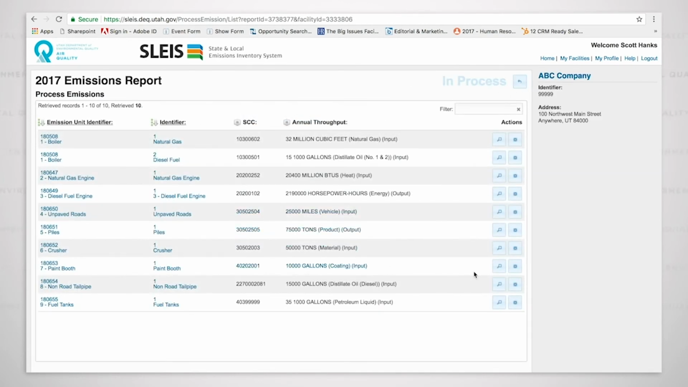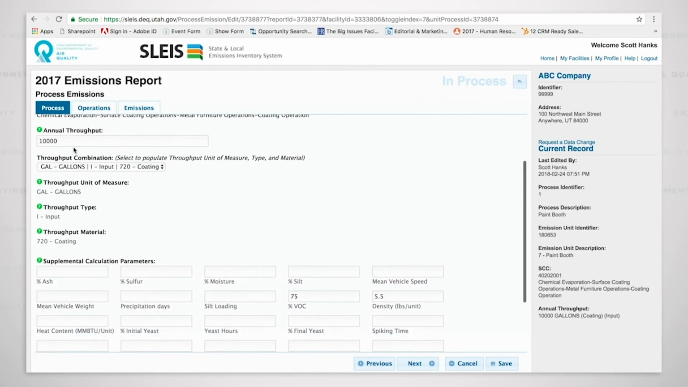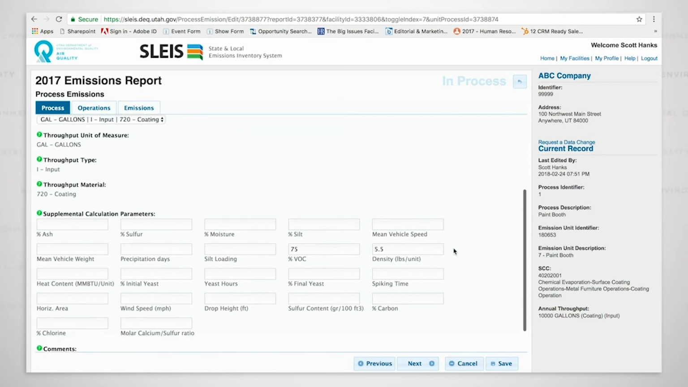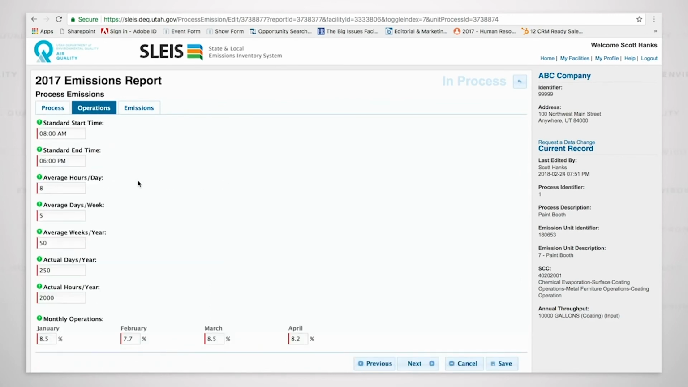So we will move on now. We're going to go to the paint booth. The paint booth illustrates mass balance. We are saying in this particular example that we had 10,000 gallons of paint that was used in this particular process. As you can see down in the supplemental calculation parameters, we have indicated that the percent VOC was 75% and the density of the paint was 5.5 pounds per gallon. Our operations were 8 hours a day, 5 days a week, 50 weeks a year for a total of 2,000